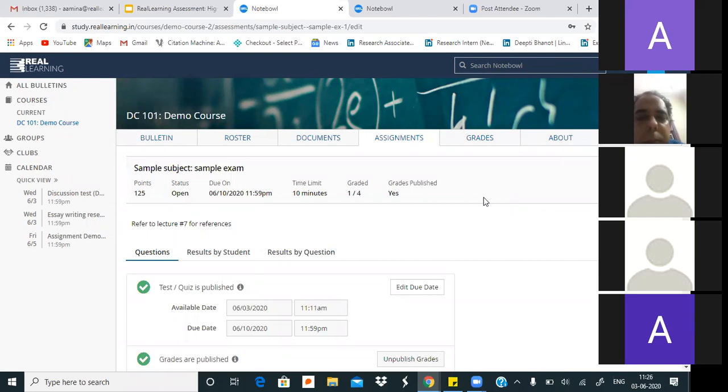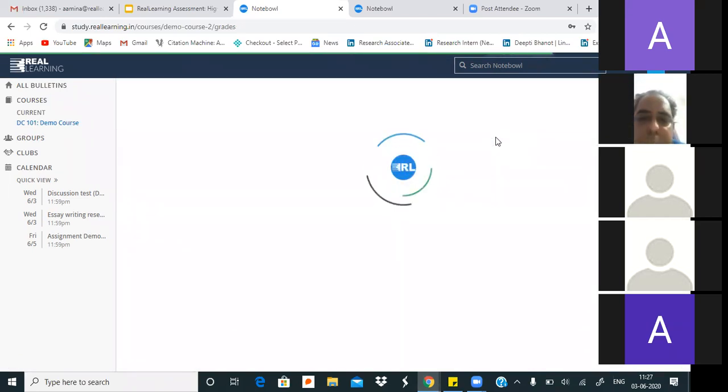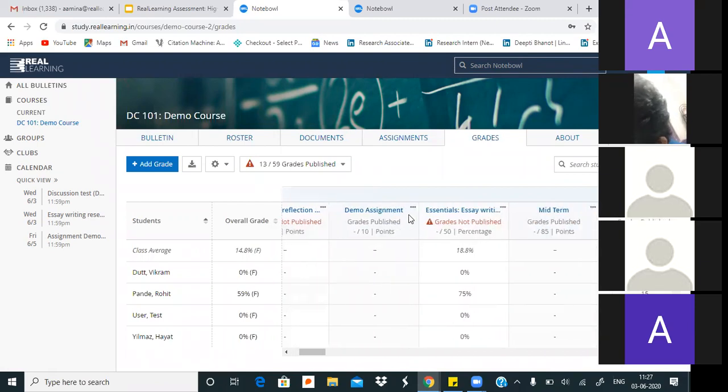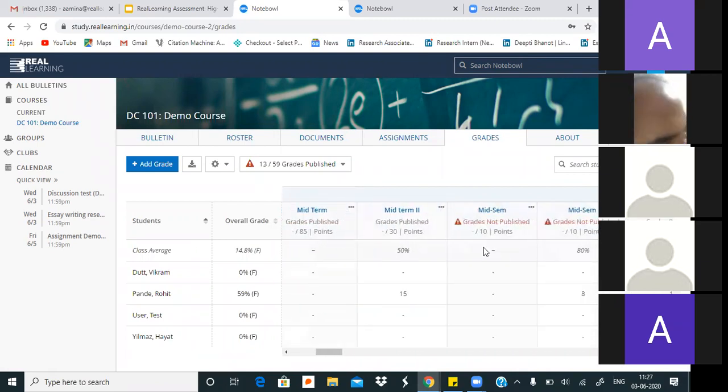We'll go back to the teacher's screen right now. We saw how one student is graded, but teachers see the grades and the performance of each and every student for each and every assignment through this grades section here. When teachers come to the grades section, they will see all the various types of assignments and categories that I have opened up to students.